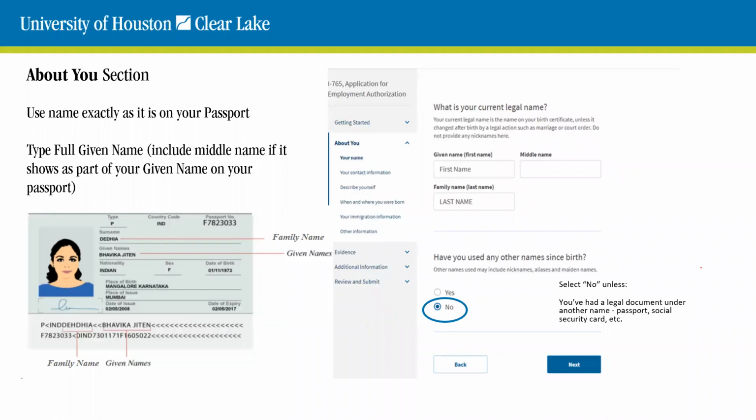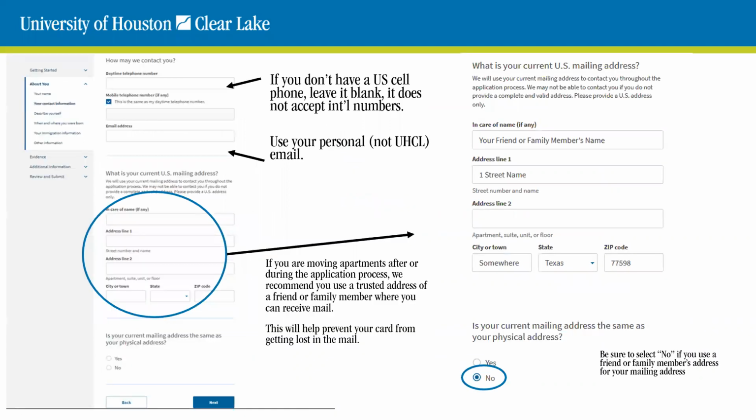This should be self-explanatory, the About You section. If you are moving apartments after or during the application process, we recommend you use a trusted address of a friend or family member where you can receive mail. This will help prevent your card from getting lost in the mail.